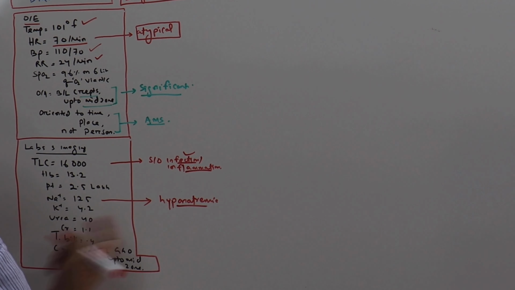Also in this case, we have some other very atypical things. Starting from the beginning, the patient had a CNS feature, confusion, the patient has GI symptoms, diarrhea, the patient has decreased sodium, that is hyponatremia. The heart rate is low, which is unexplained. With a fever of 102, the heart rate is 70, that is very low, without any beta blocker in the past. So this you can call relative bradycardia.